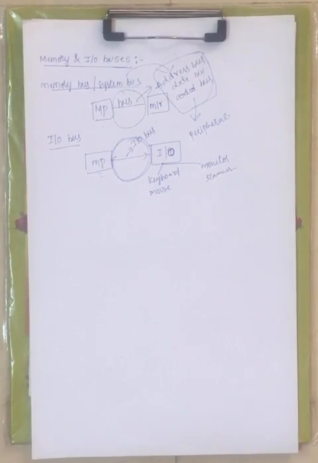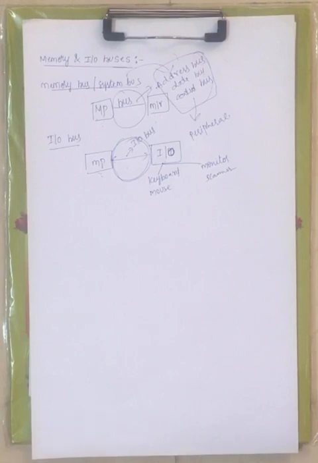Now a microprocessor contains three buses. One is used to carry the addresses, that is nothing but the address bus, and the next bus is used to carry the data, that is the data bus, and the next one is used to carry the control signals like read operation, write operation, and whether it is an IO operation or memory operation. All this control information is carried through the control bus, right?